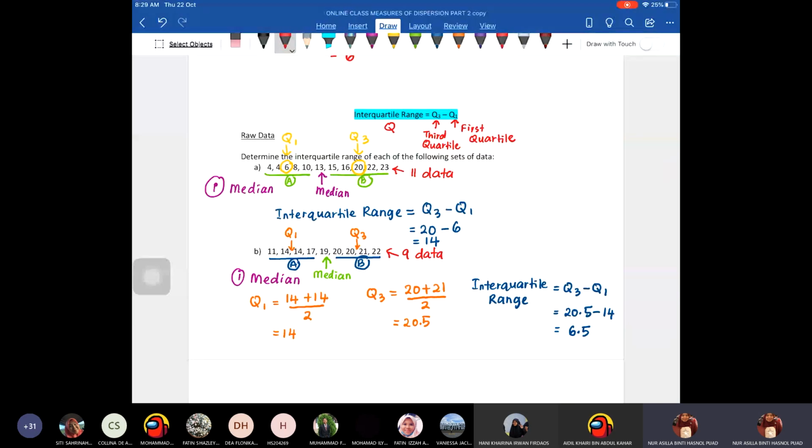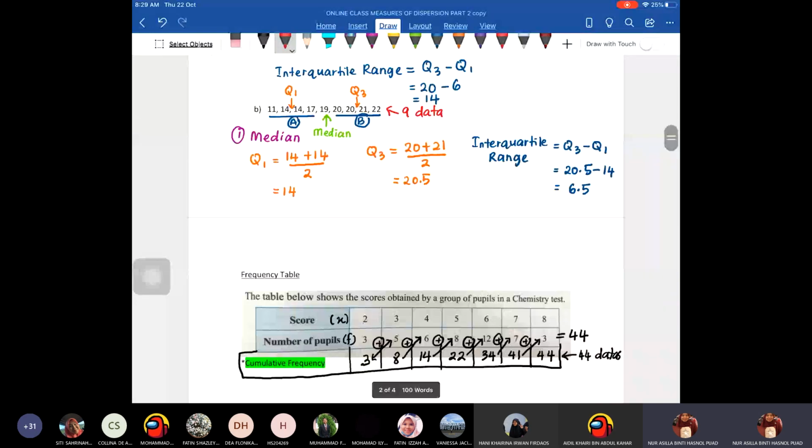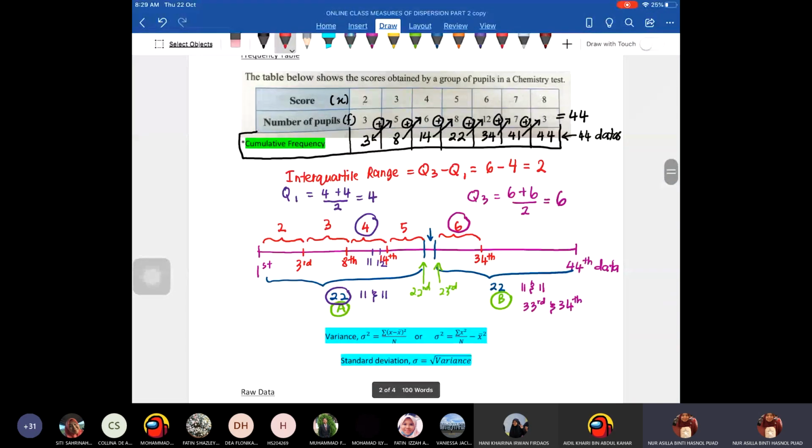Okay, group A and group B. Now, if you have a frequency table, of course, you have to find your median. Okay, just by coincidence here our median has no exact value. But if the frequency table data has a middle data, the median, it is easier. So it is not as difficult as this. Okay. So next, I'm going to go